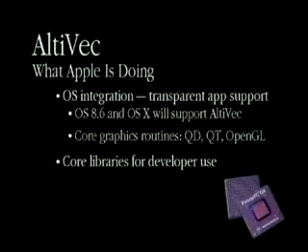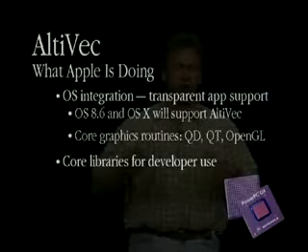So what are we doing? A few of the things, just at a high level here. We're certainly doing work with our own OSs, with Mac OS 8 and Mac OS 10, to make it transparent to applications. They can automatically get a benefit of being on top of a processor with AltiVec on it. We're going to do things within the core graphics system, within QuickDraw, QuickTime, and OpenGL, to take advantage of AltiVec code ourselves. In addition, there'll be core libraries that developers can use to get very fast benefits from the AltiVec processors. And so you can see a lot of things coming your way that you'll get instant speedups,